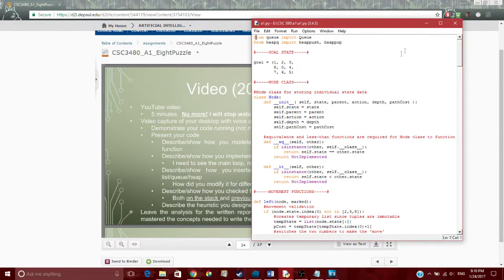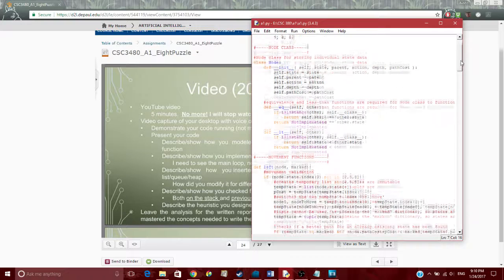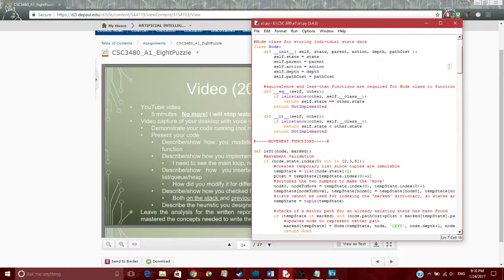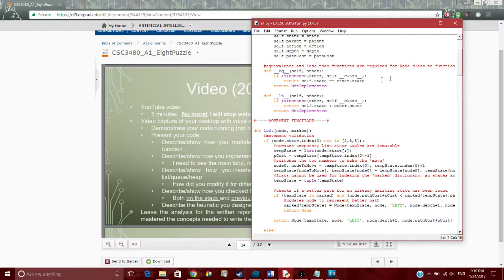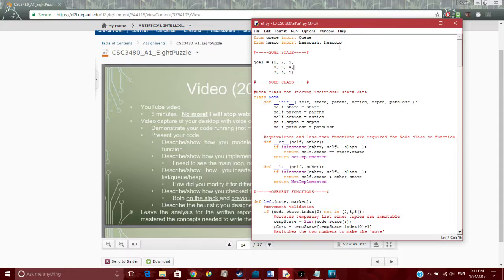So this is my code. I have my goal state right here. I saved it as just a one-dimensional tuple. I created a node class. It saves the state, parent, action, all the good stuff. I had to implement an equals and less than function in the node class for the Python heap queue to work